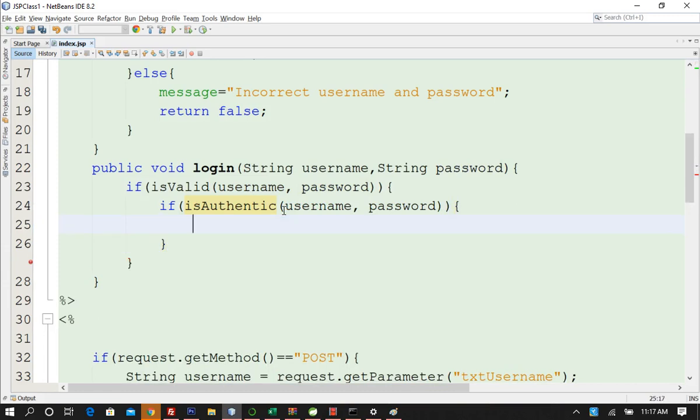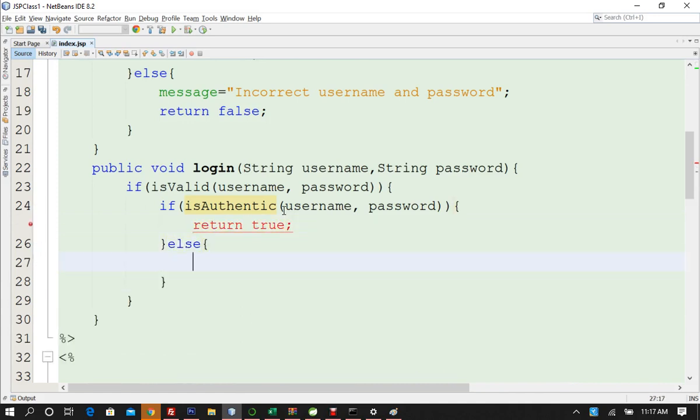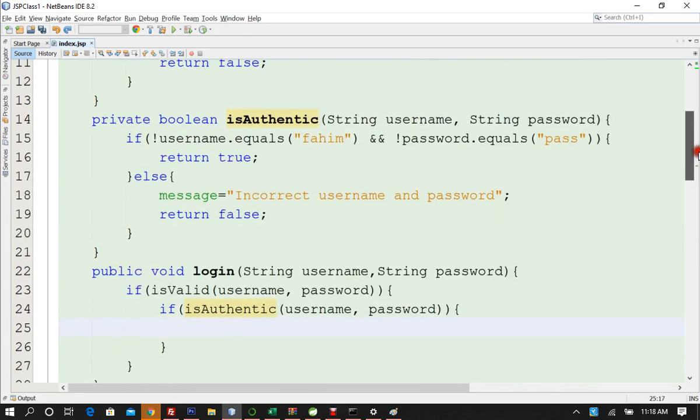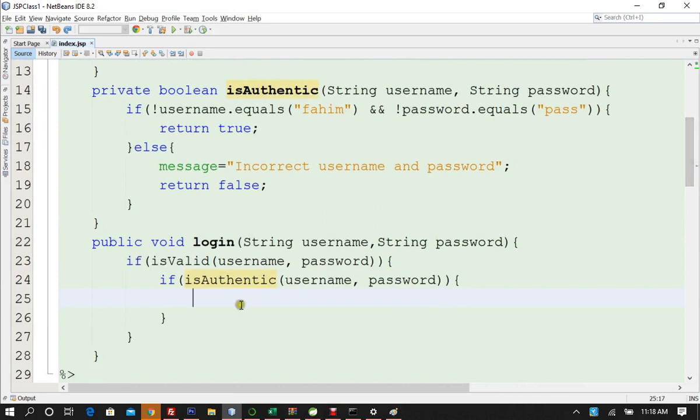What do you want to do? I will say return true, else return false. So we just have to call these functions and that's it. If it is valid, then call this if it is authentic. And if it is authentic, what you got to do here before returning true and false is